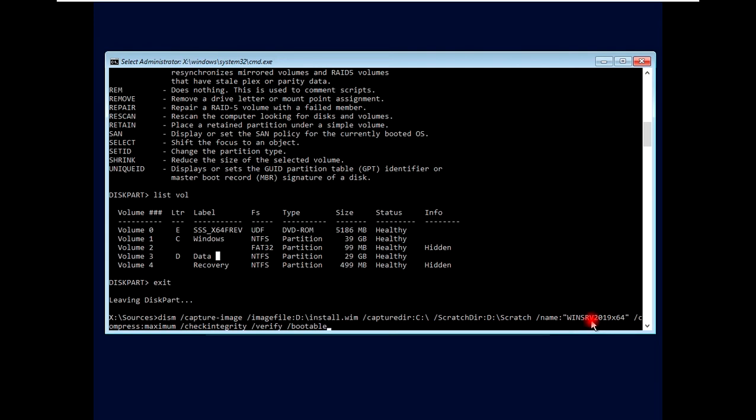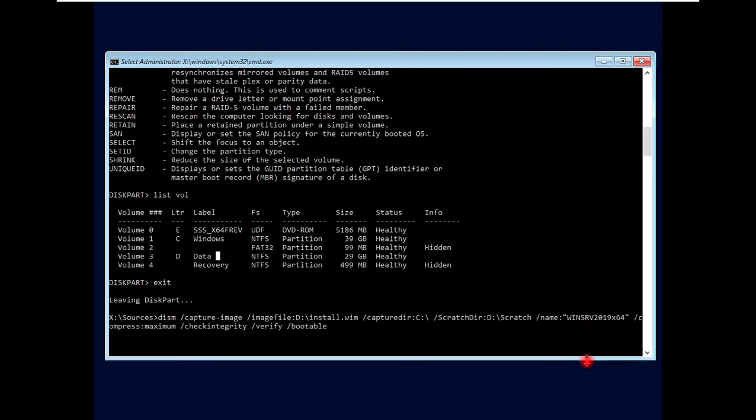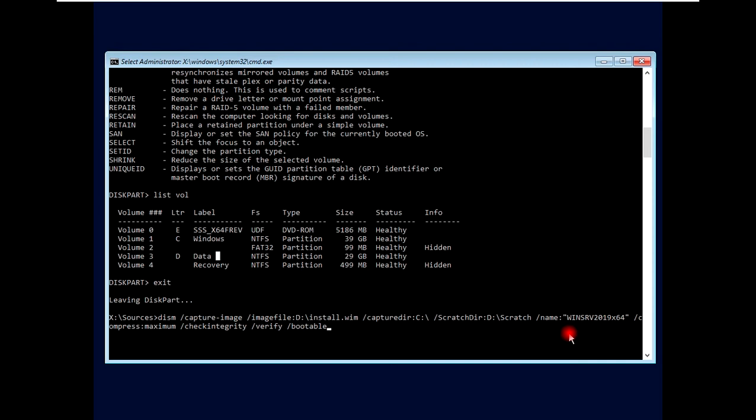This is the ISO name. Actually the name is not important here. This will be used in the next step where we will create the ISO. I will hit enter to start the install.wim file saving.